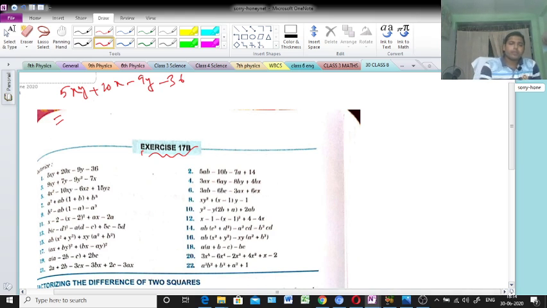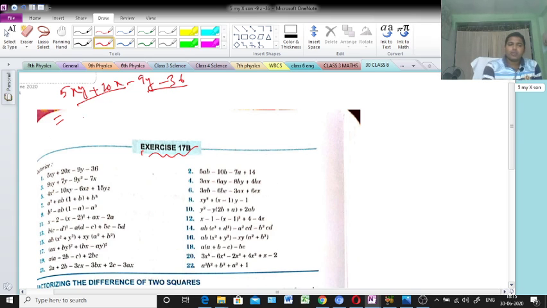Okay, now see here, how many terms? 4 terms. Clear? We will take common from 2 terms, the first 2 terms and the last 2 terms. Why from the first 2 terms? Because 5 and 20 have a common factor. The numerical coefficients are 5 and 20, so we can take 5 common. And x is also common in both terms, so we will take common from the first 2 terms, and the last 2 terms also.